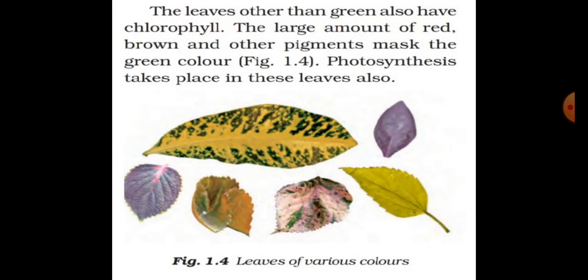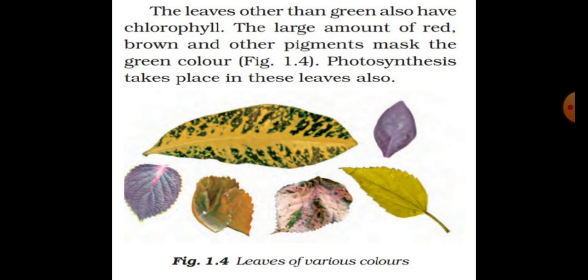Now, one question may arise in your mind: some plants have leaves other than green color. So how can they make their food? You know that some plants do not have green leaves. They have other colors, maybe yellow or red or brown. So the question is, these plants also